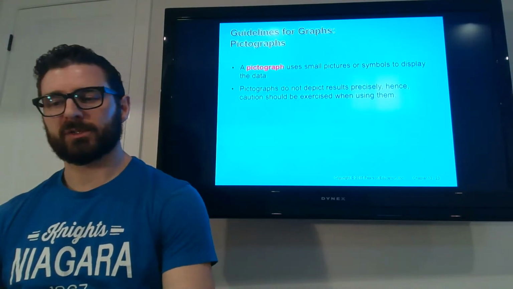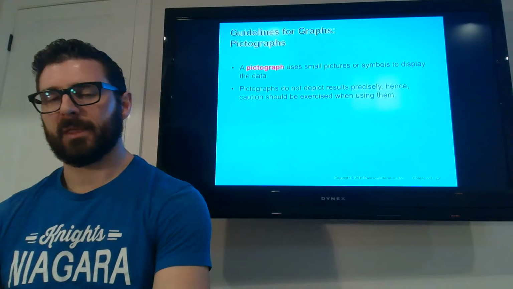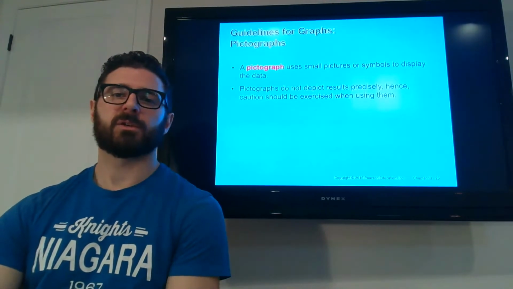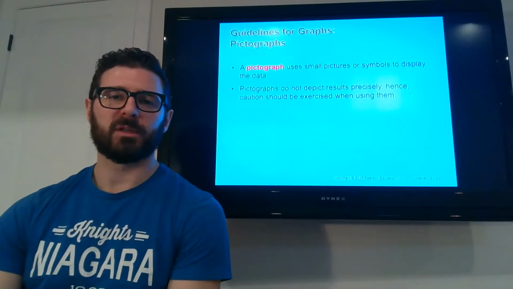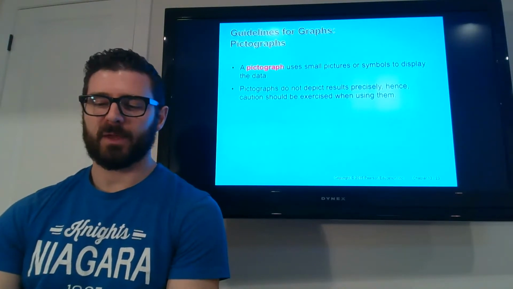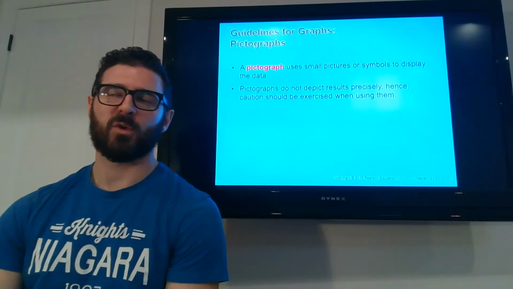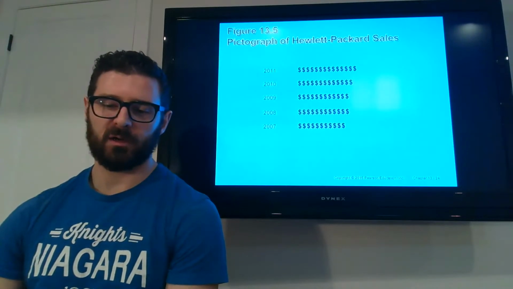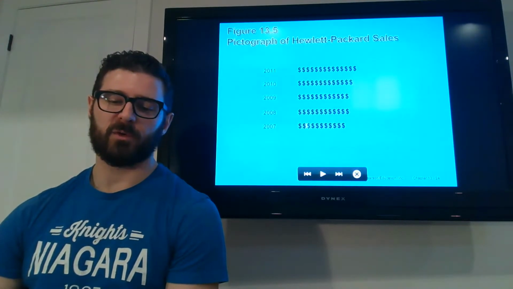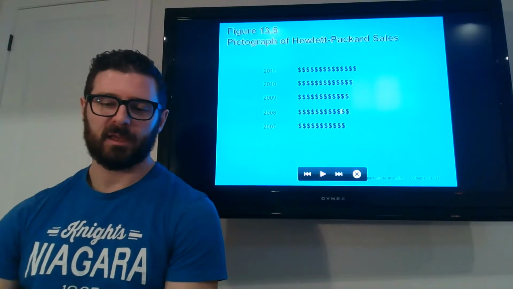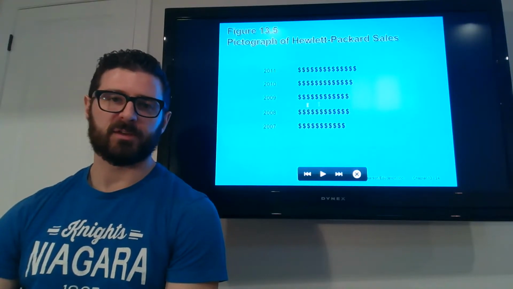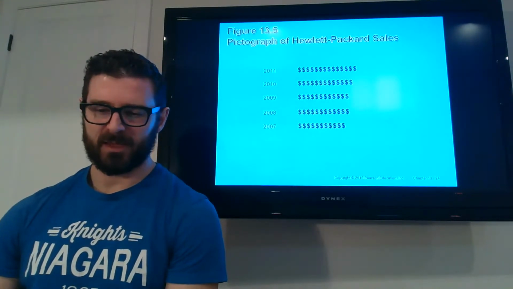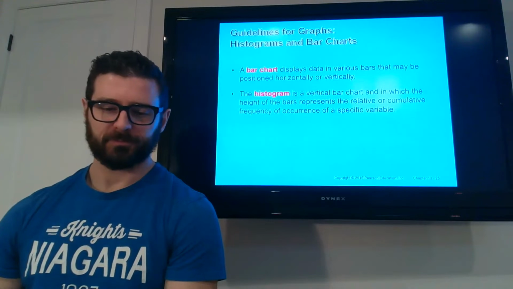Sometimes you'll see pictographs, but they're not as precise. You should use some caution when you're using these pictographs. They generally show trends, and they're similar to a bar graph in some ways, but not as useful if you're looking at really specific information. So here we have a dollar sign representing a certain amount of money, and showing the different values throughout the years. But again, not often useful.